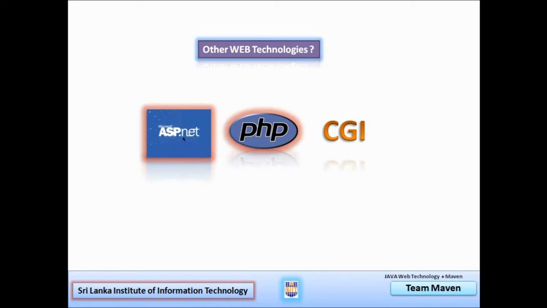As well as Java web technologies, there are other similar but non-Java technologies. What are those? If you can remember, CGI is a web technology that is not based on the Java programming language. There is also ASP.NET, which uses C# programming and was developed by Microsoft. Likewise, there are many other web technologies, but